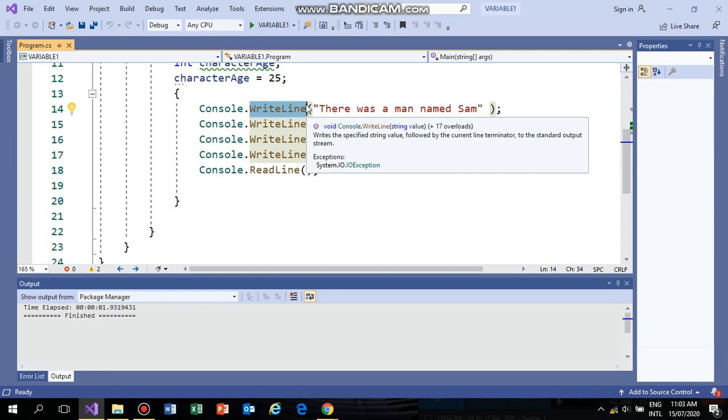Now I'm going to explain what the WriteLine method is. Usually we take the WriteLine method in order to display our output on the screen.